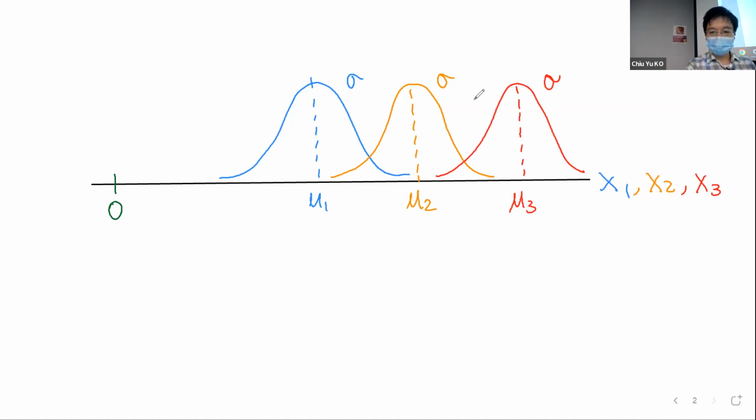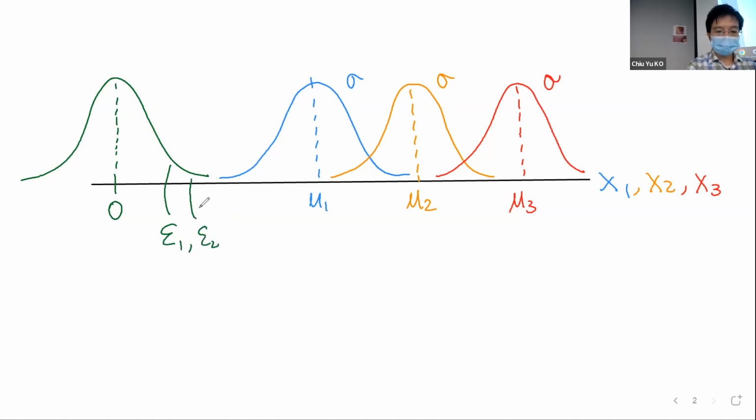And of course, the way we define it, we can always have the same variance. This is the same for epsilon 1, the same as epsilon 2, and epsilon 3 are the same, because the error term is the same for the 3 cases. They have the same variance. And we do have another thing, which is what we call the